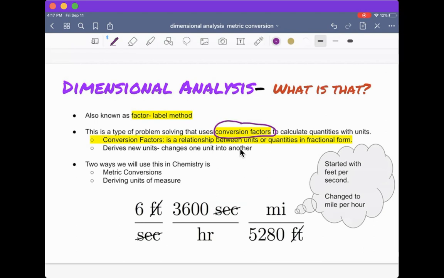And all of these units, they mean something to us in science. So we're going to look at how to do factor label or dimensional analysis. From here on out, I'm going to call it dimensional analysis because it's what we use at the college chemistry level. We can take these units, standard units like you're used to seeing, like feet, and we can now convert it into standard metric units like the meter. Okay, and we're going to look at basically focusing in this lesson on the metric